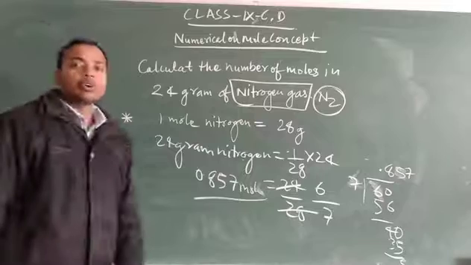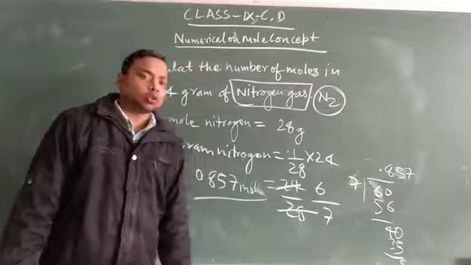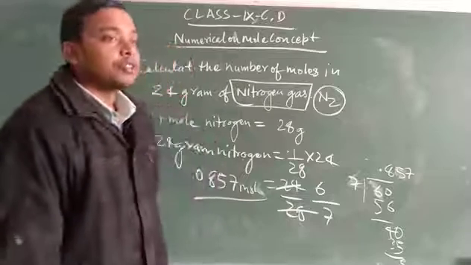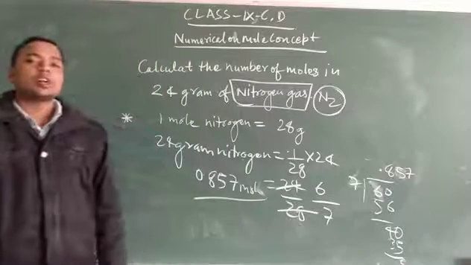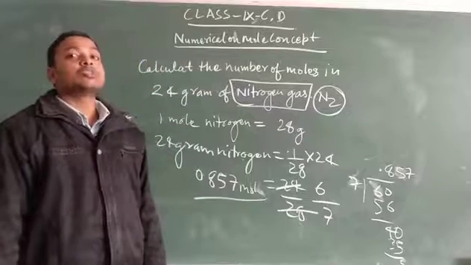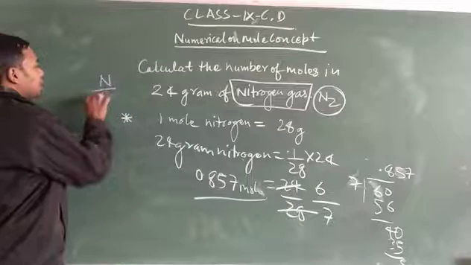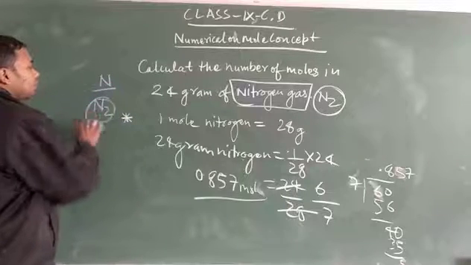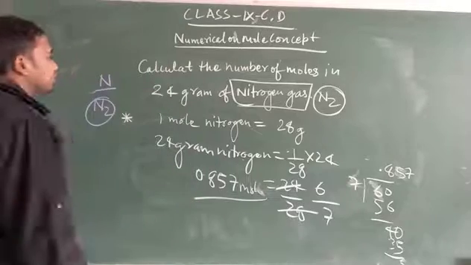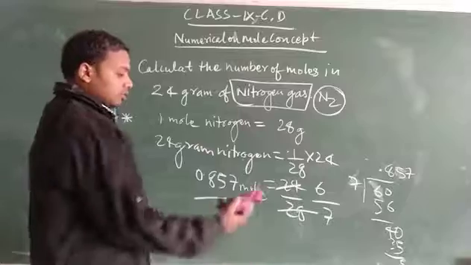In N2 gas, because N2 gas, S2 gas, O2 gas is found in the form of diatomic molecule. That's why the molecular mass of nitrogen will be, on the place of 14, 28, because it is not like that, it is a form of like that, N2 nitrogen gas. That's why we need to write on the place of 14, that is 28. Now the next question.